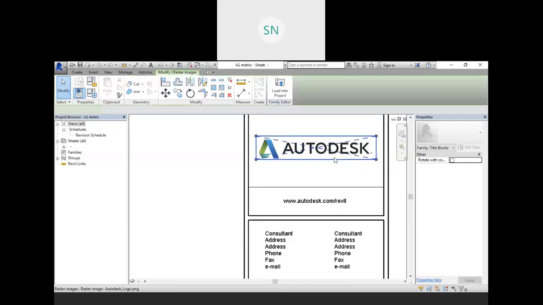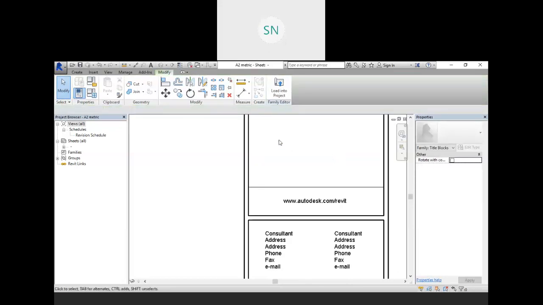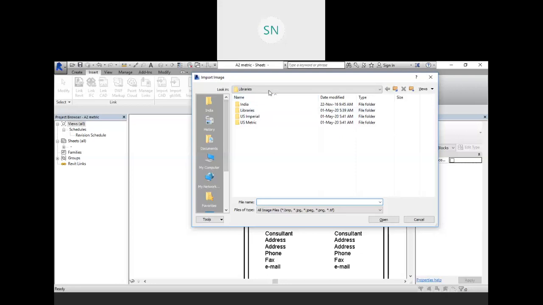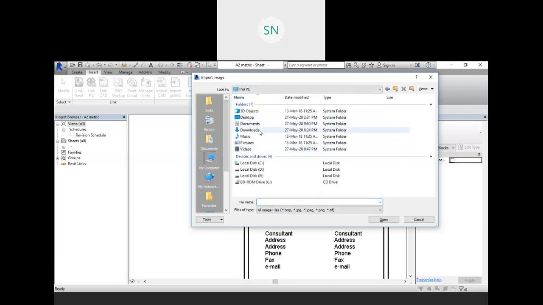So let me delete this logo and go to the insert and image. Let me place our company's logo.